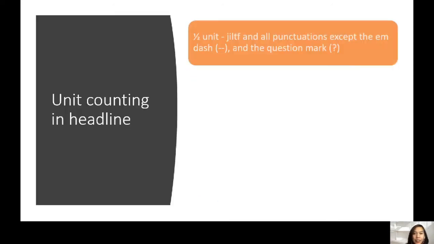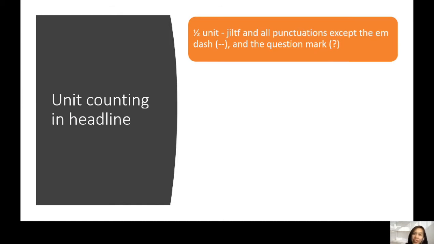And then there's also unit counting. Why is unit counting important? We are already in the process of moving on to page layouting. That's why unit counting is important. Did you know that every letter has a unit count? So here,